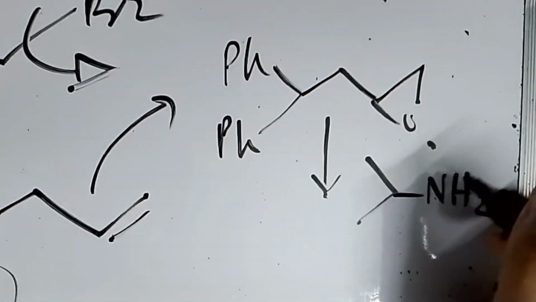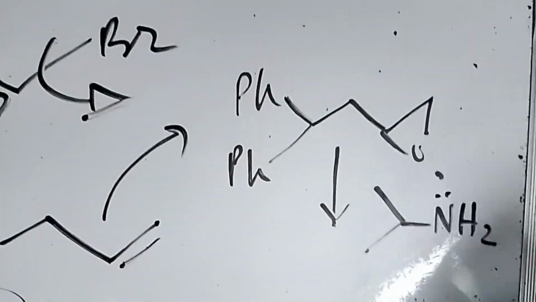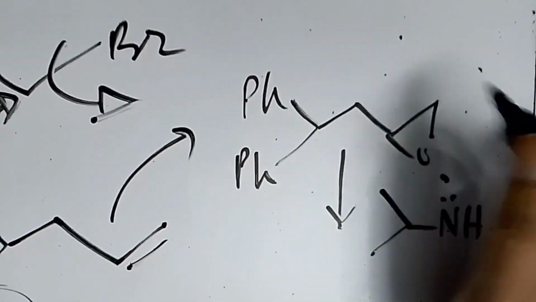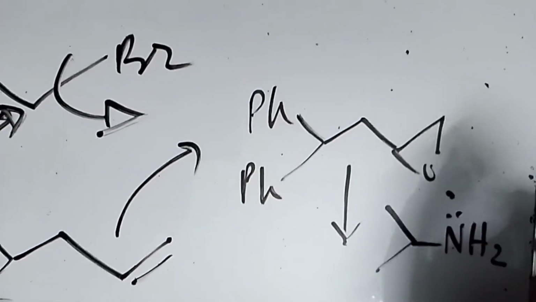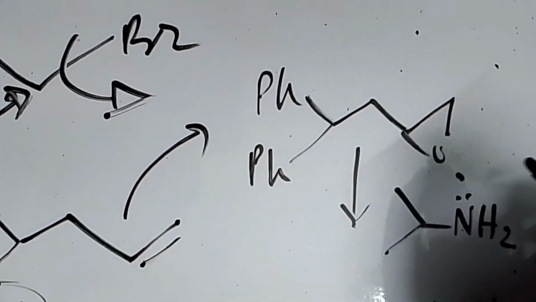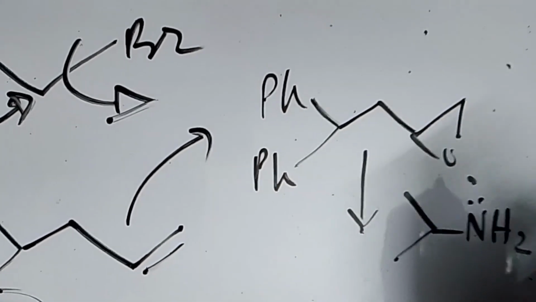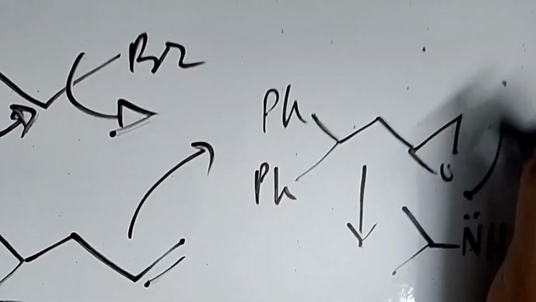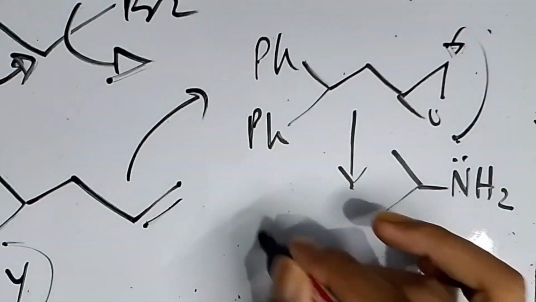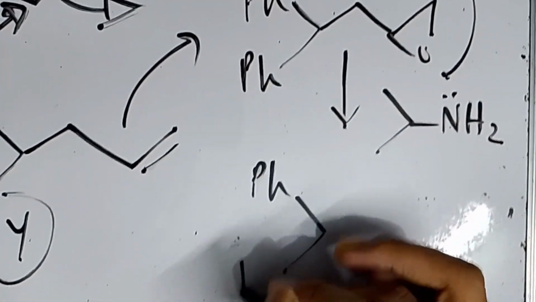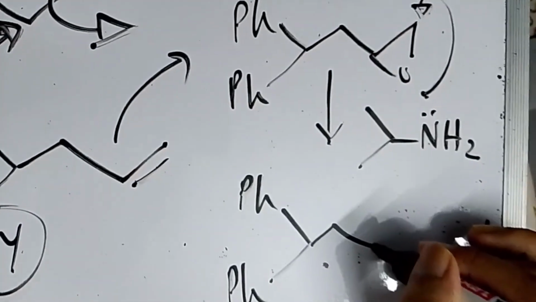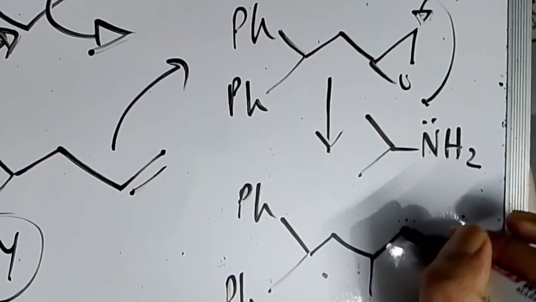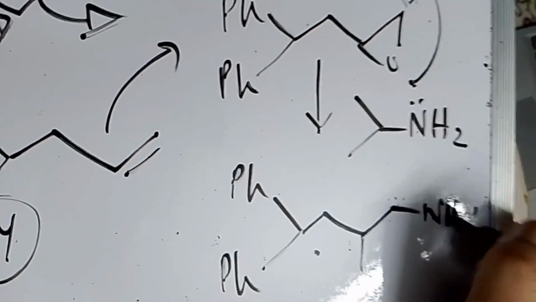The nitrogen lone pair attacks the epoxide via an SN2 mechanism, and as a result the ring opens from the least hindered side. The least hindered side in this case is simply this one, so the SN2 attack takes place and it leads to the formation of something like this